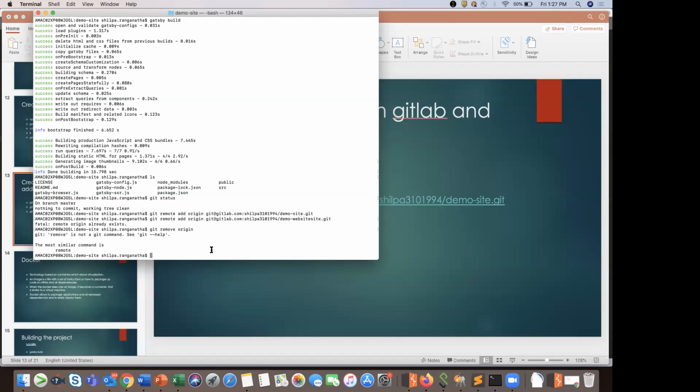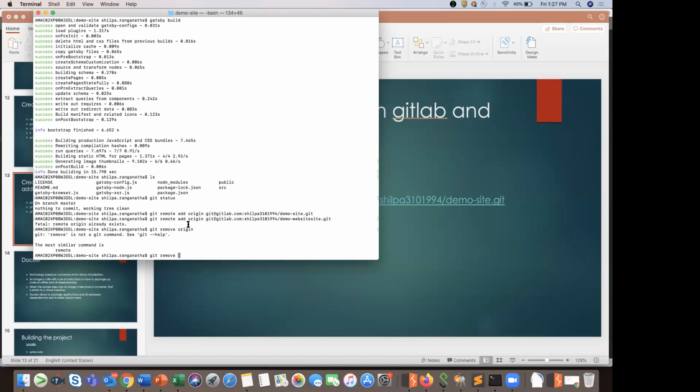Is my screen visible? Yes, it is visible. I'm just getting a message saying there's something wrong here. In the previous command, there's a slight typing mistake. It's already been added, so I have to remove that now. The demo website site.git, the word site has been added extra there.